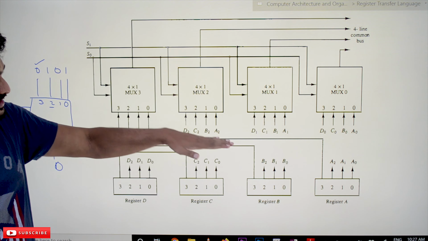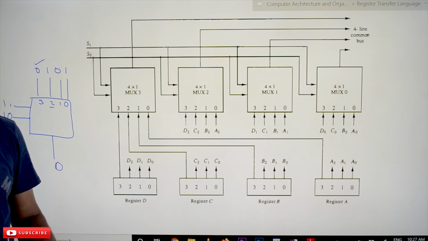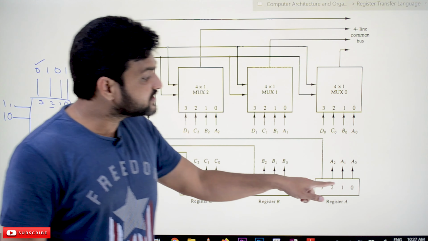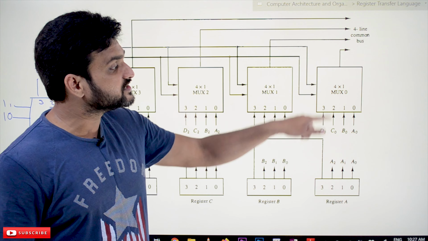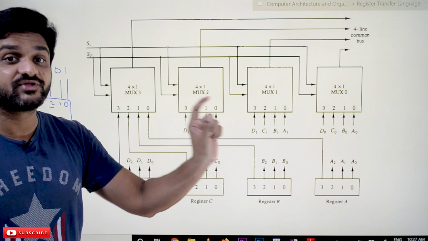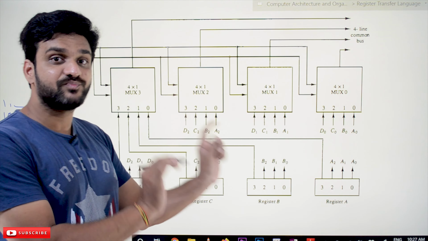So we have understood that 4 registers are there and 4 multiplexers are there. Now, how the interconnections between the outputs of the registers and the inputs of the multiplexers are made is one of the important points to understand. Let's focus on this point.